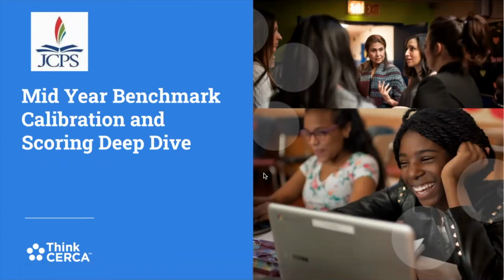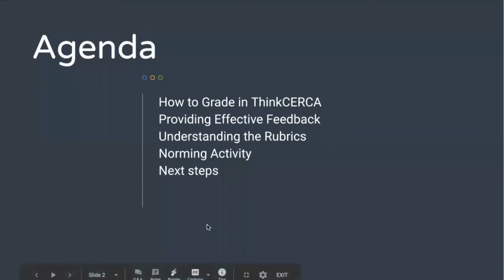All right, so today we're going to focus on scoring, calibrating scoring, and giving feedback on the mid-year benchmark in ThinkCERCA. So our agenda is going to be how to grade in ThinkCERCA, and we're going to spend only a brief amount of time on that part because it's pretty intuitive, and there are some existing resources out there that I'm going to show you. For example, a screencast video that takes you through step-by-step what to click on, but I'll talk about that briefly. We're going to talk a little bit about effective feedback, talk through the rubrics, and then the most important part